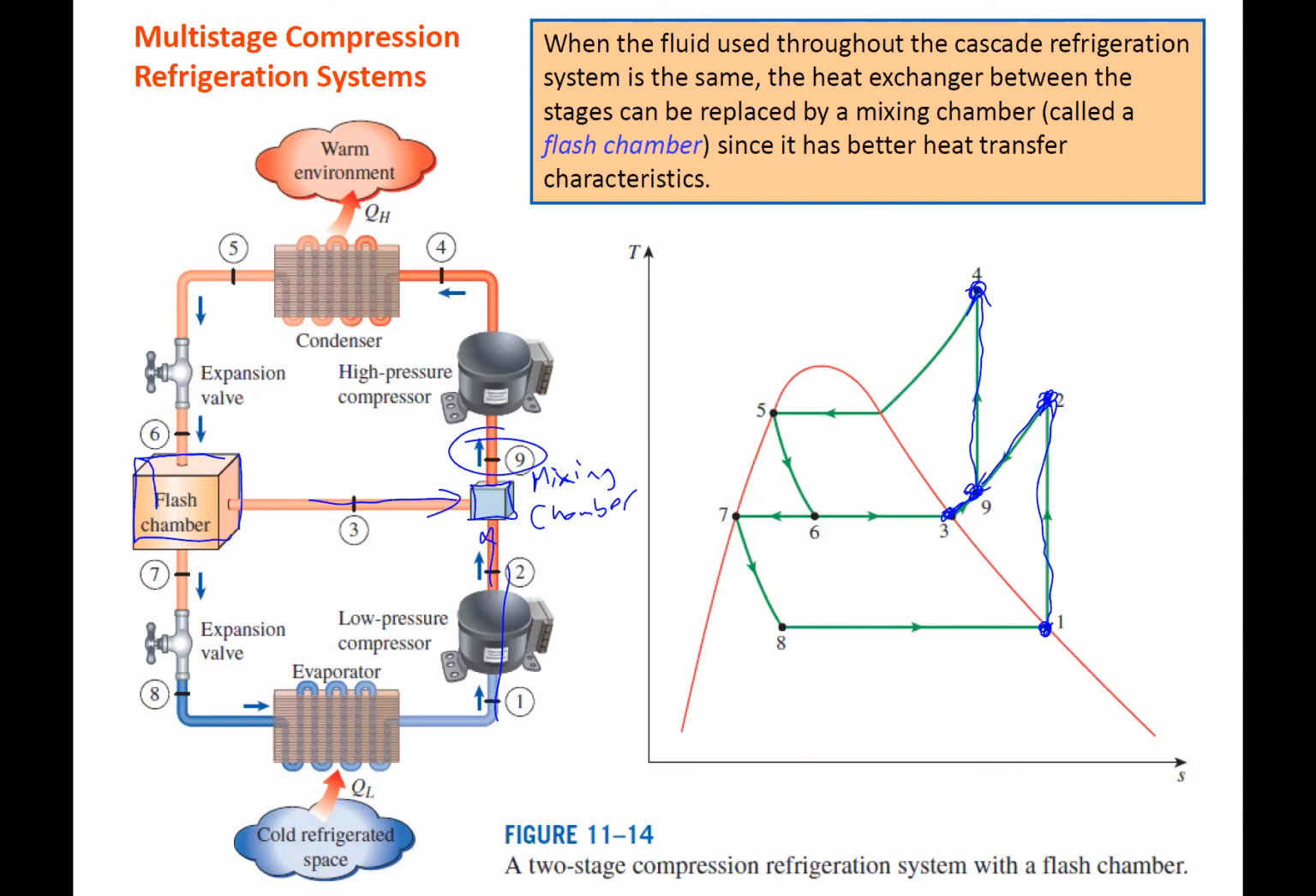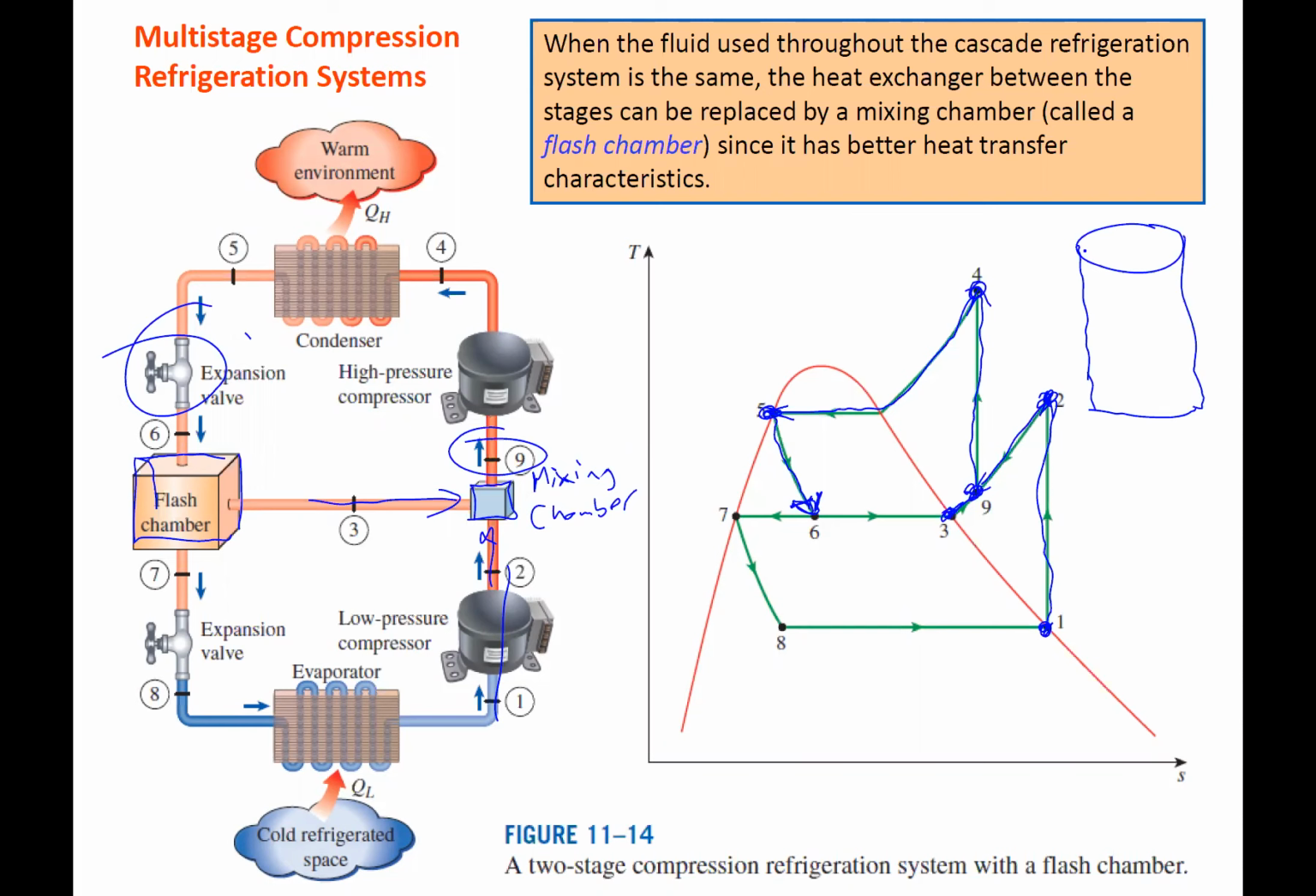And then we go through our condenser and become a saturated liquid right here. And we have our expansion valve, so that drops it down to 6. And then this is where we get our flash chamber. And the flash chamber, you can think about it as just, say we had a really big drum, and we put